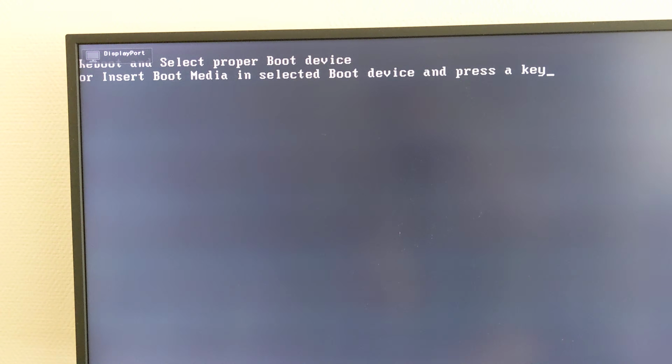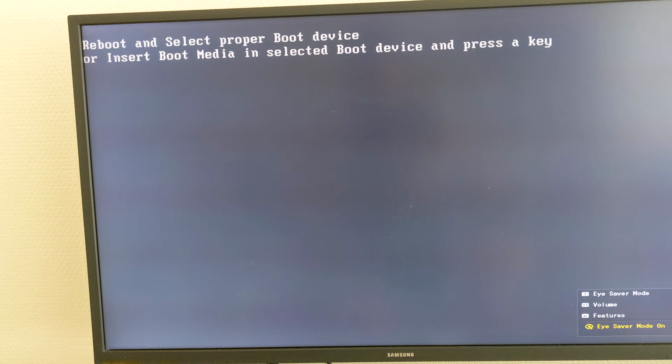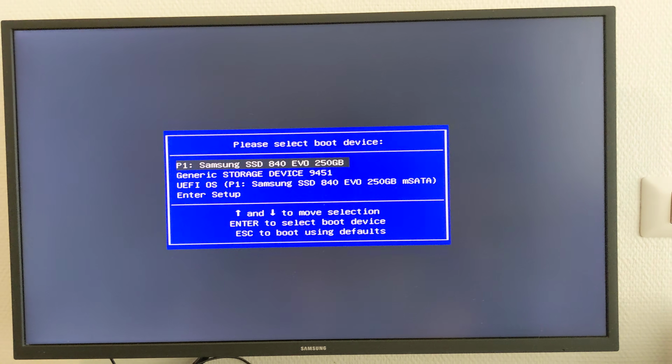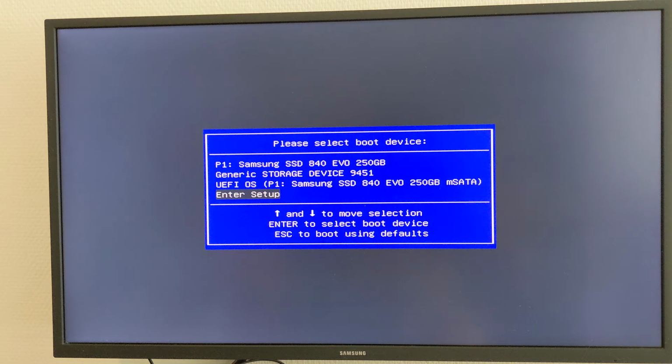And you start your PC and you get into the BIOS. So mine is F12 to get into the BIOS. Okay, I didn't get into it, so let's try it again. So turn it on and hit F12 multiple times. Okay, then you enter setup,